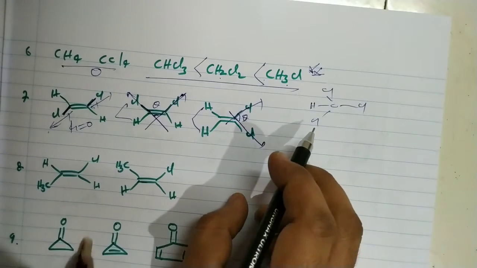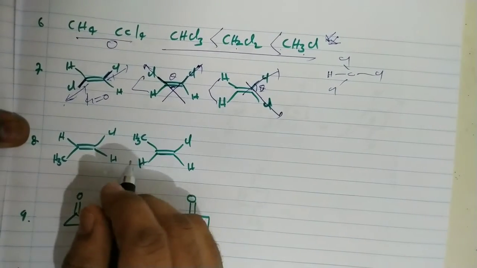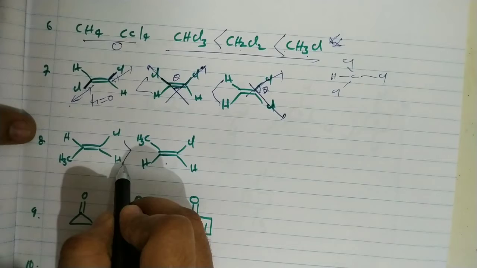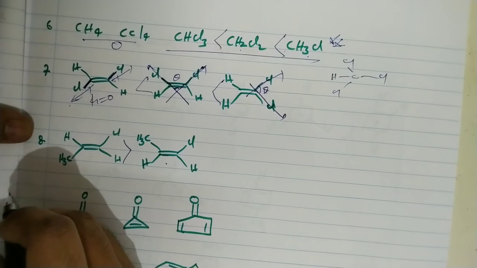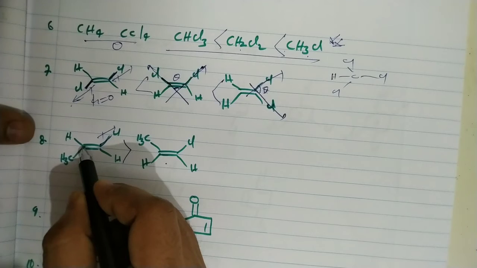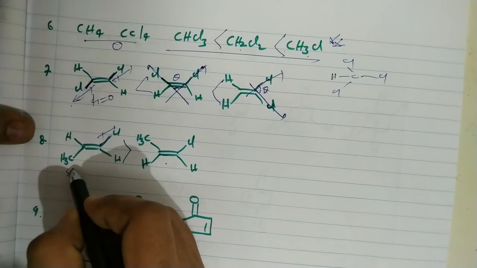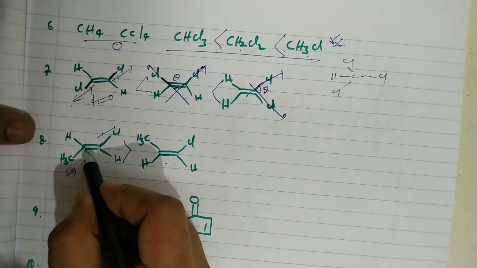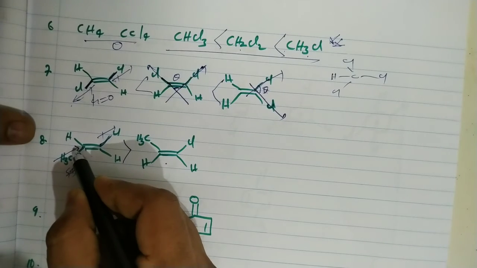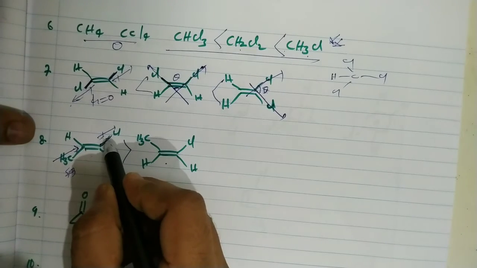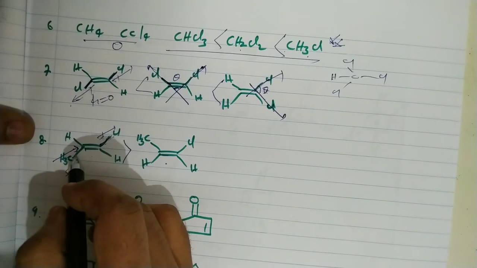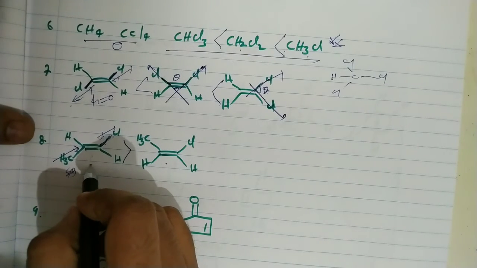Next, in this case, this is a trans isomer and this is a cis isomer. Here the trans isomer has the higher dipole moment. Why? Because this carbon-chlorine bond attracts the bonding electrons. This carbon is the sp3 carbon and this carbon is the sp2 carbon. The sp2 carbon is more electronegative. So in this case the dipole moments of these two bonds are in the same direction, so there is an addition of these two dipole moments. That's why this one has a higher dipole moment than this one.